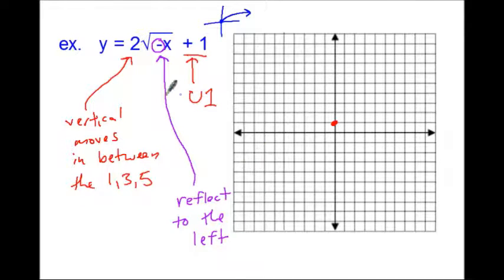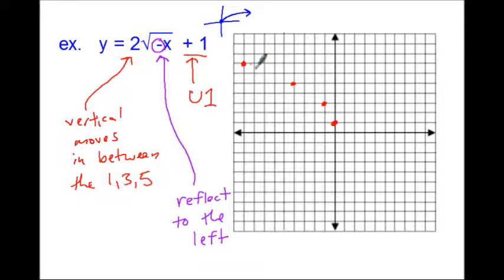So here we go. Let's get back to a nice normal color for our graph. We've got our up 1 shift taken care of. My vertical moves are going to be 1, 3, and 5, but now instead of going off to the right, I'm going to be going off to the left. So up 2 over 1, up 2 over 1, 2, 3, and up 2 over 1, 2, 3, 4, and